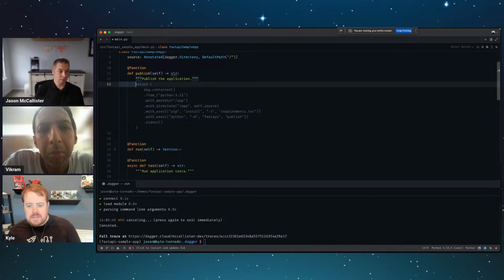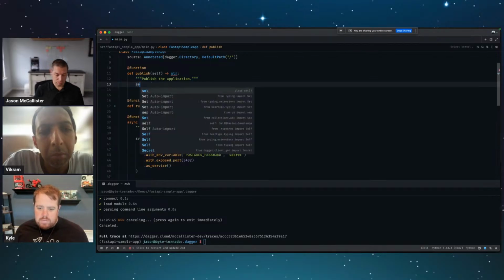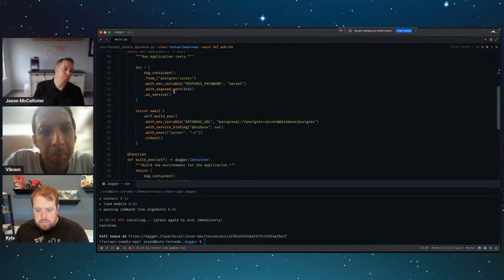Yeah, well, I think in that case, you probably don't need to do anything with the test output. If something happened and you wanted to dig into it, then you would have that output in wherever you're running your tests. Yeah, you just basically await self.test. We have to await self.test, which means this needs to be async. Yep. And we'll run those tests, and then we will also, so we're basically going to return the build env